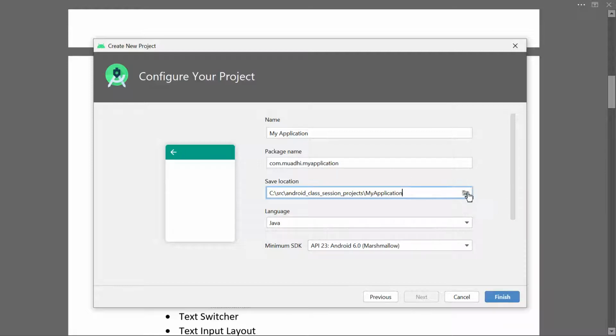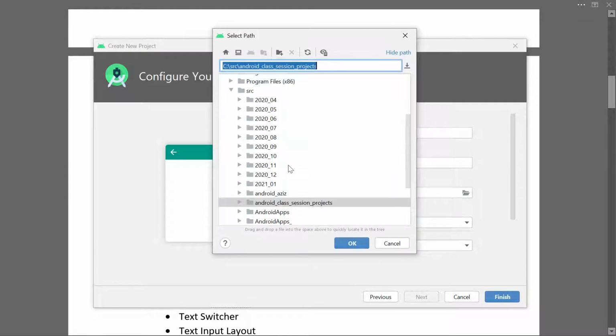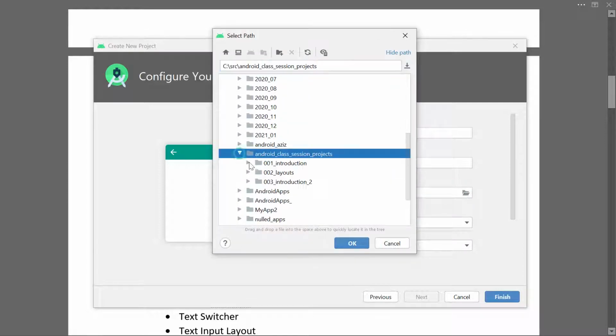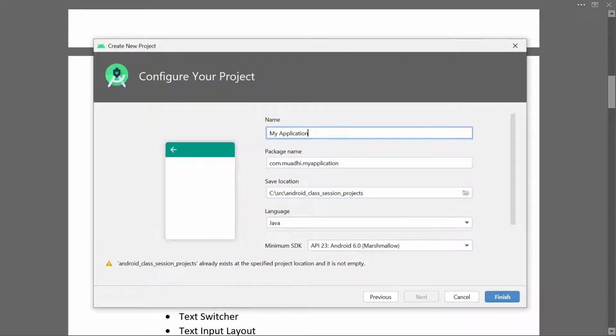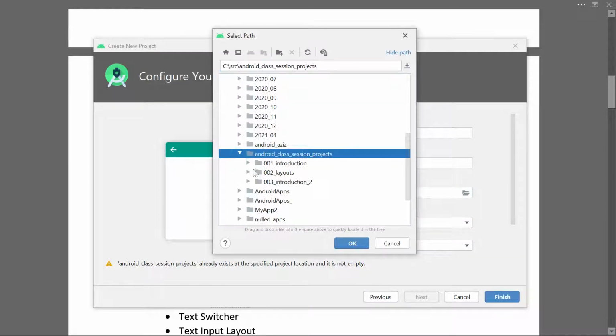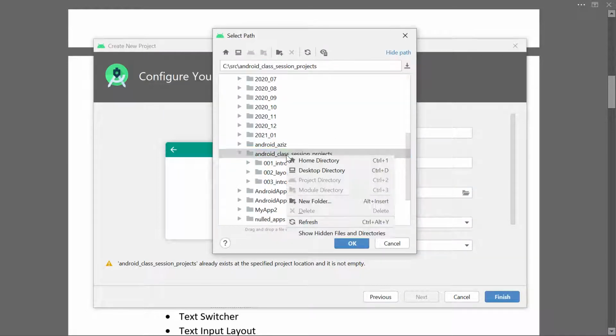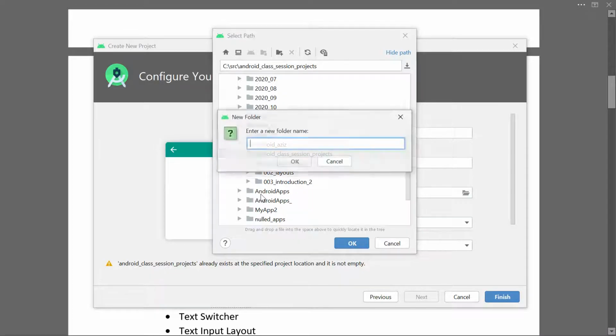Android classes, this was number 3, introduction. I'll click here and say okay. I can create another folder by right clicking and saying new folder, and I call it 004, and then I put menus